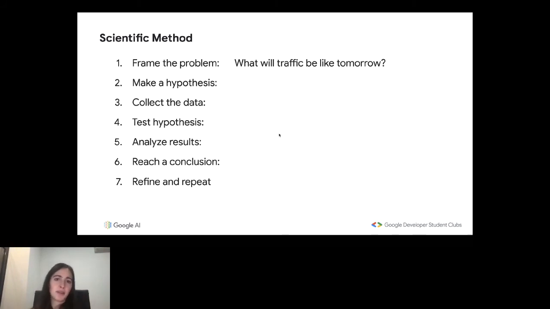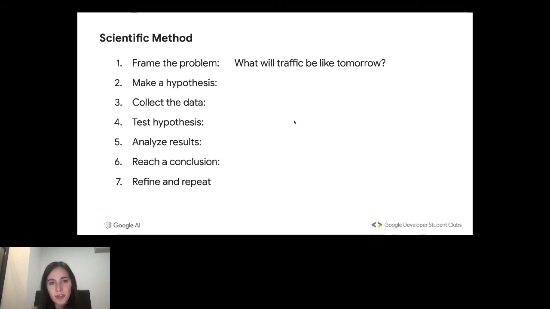So once we have framed this, actually before step 2, which is make a hypothesis, I would first ask another question. Do we already have a model which is able to perform this task? Because if we do, we should first understand, is this model good enough? Do we need to build a better solution? Because many times we're fascinated by machine learning. We think it's the solution to everything, but maybe there already is a better solution and we don't really need to start solving this problem at all.